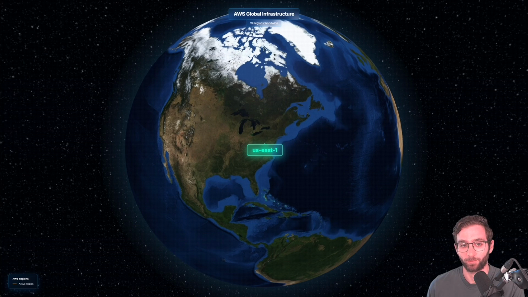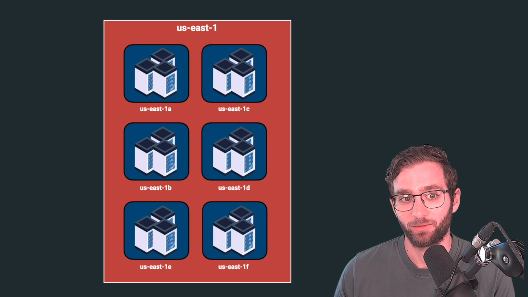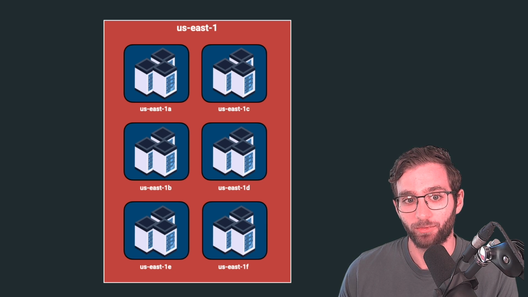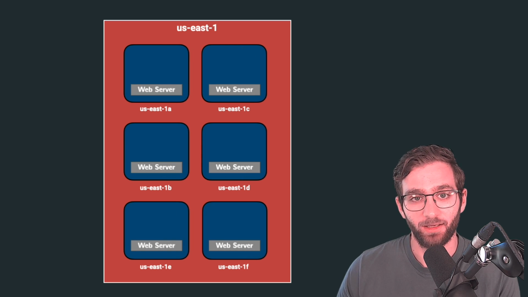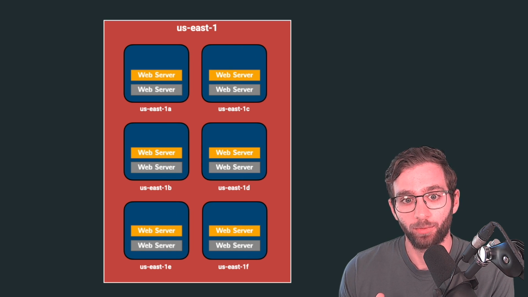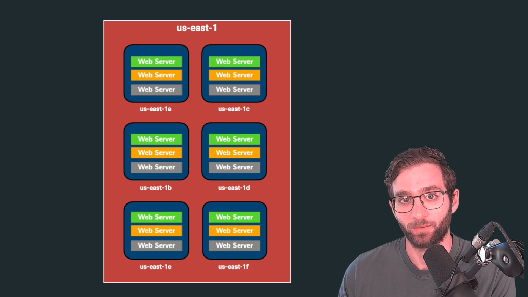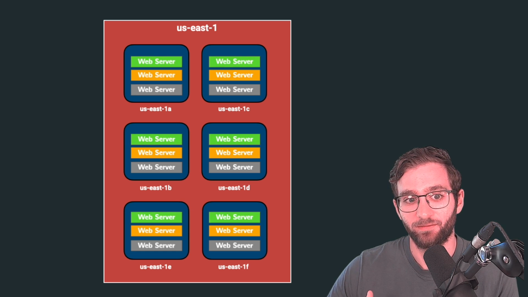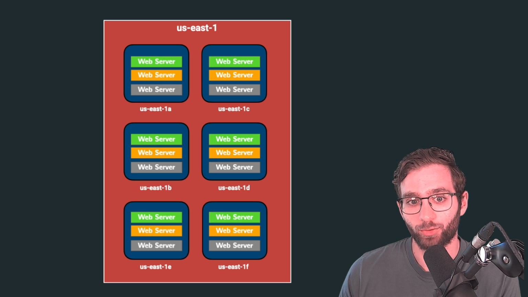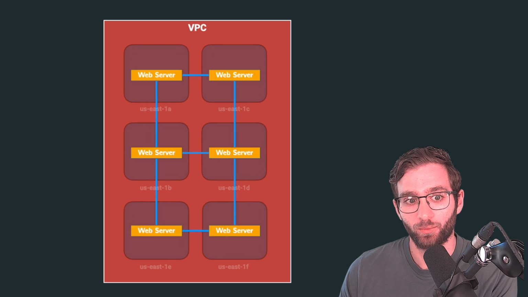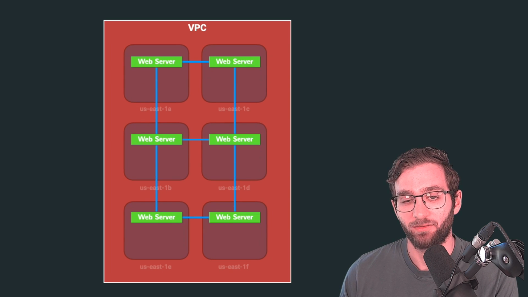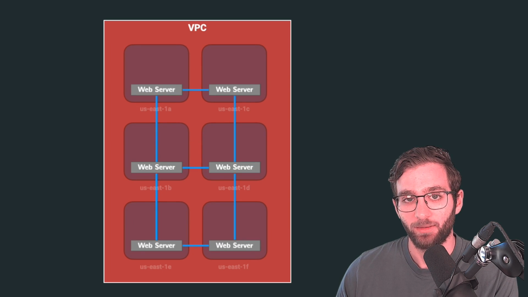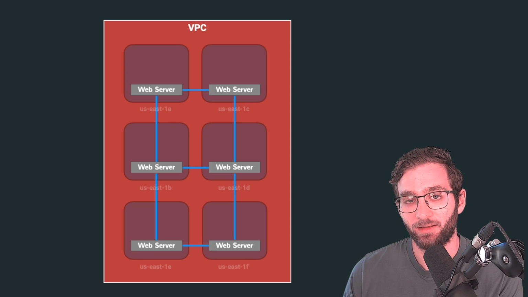most mature region. Now this region, like many others, is composed of many availability zones, physical data centers where you can physically deploy your web servers and your applications. In any case, millions of other people can also deploy their resources in that same region, which is why AWS divides the cloud region into private networks that can separate your resources from everybody else's. Each private network is known as a virtual private cloud because it creates a private, isolated network in the cloud